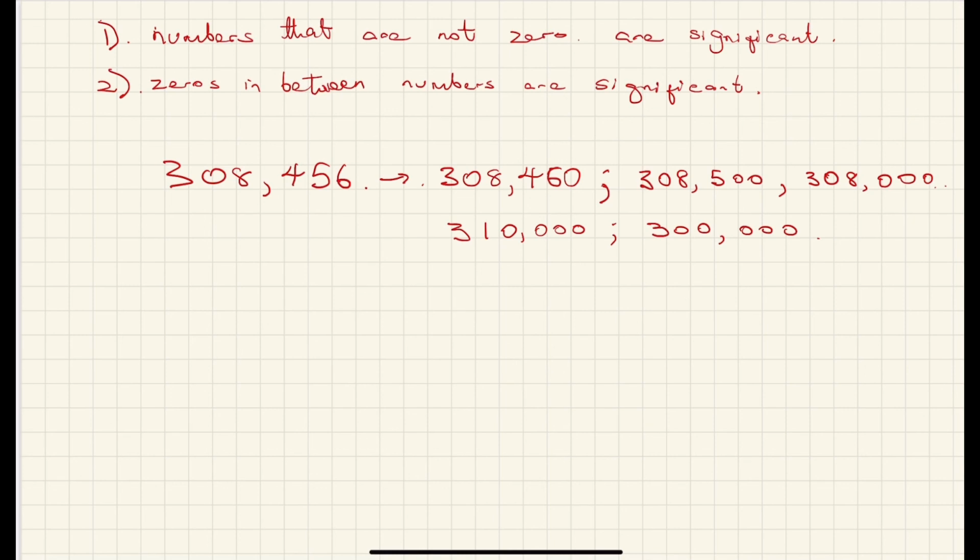All these 5 values are all approximations of my salary. Okay, we see here that we have 6 significant figures. So even though this is a 0, it is significant because 1, 2, 3, 4, 5, 6,